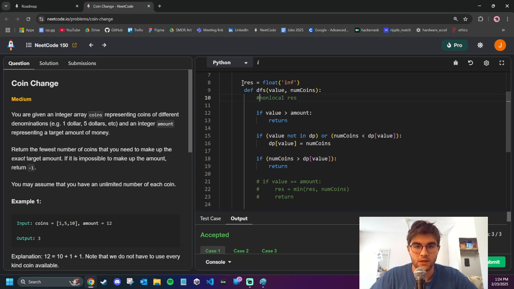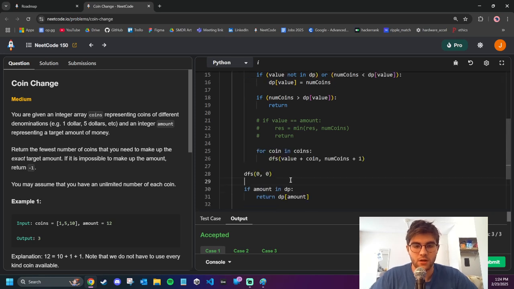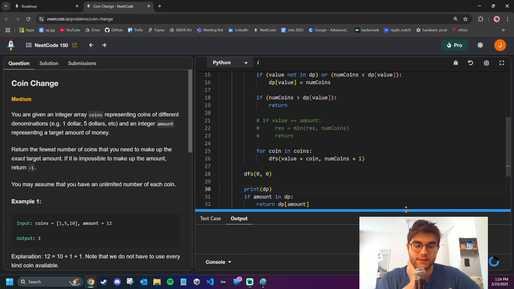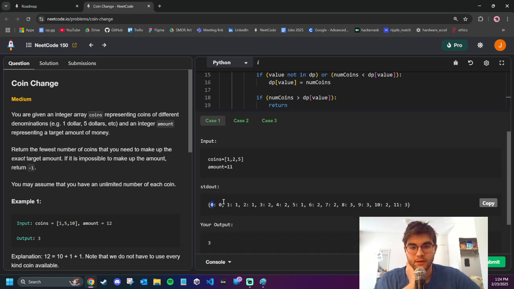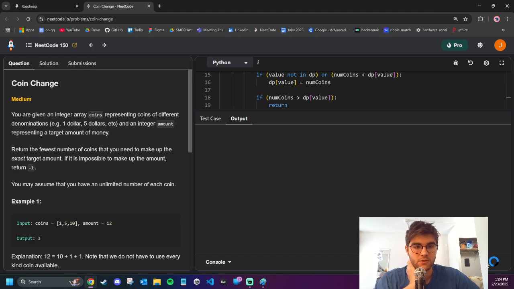Okay, so that seems to work. I also just would like to print dp here and see if it makes sense. So 0 takes 0 coins, 1 takes 1 coin, 2 takes 1 coin, 3 takes 2 coins, 4 takes 2 coins, 5 takes 1 coin, 6 takes 2 coins, 7 takes 2 coins, 8 takes 3 coins, 9 takes 3 coins, 10 takes 2 coins. Okay, yeah, it looks good. So if I submit it,